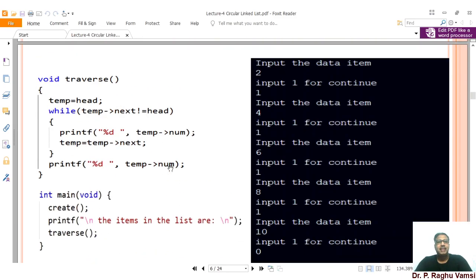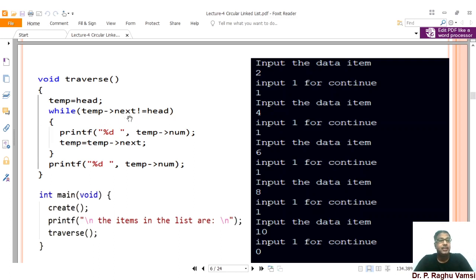Next one is traversing the list. To traverse the list, temp is equal to head, and while temp next is not equal to head, we need to traverse. Since the end of the list points back to the head, you have to check the condition temp next not equal to head.